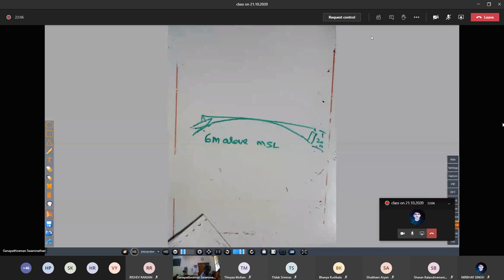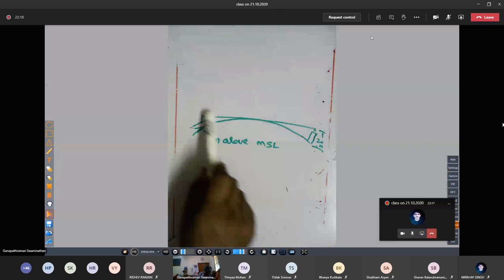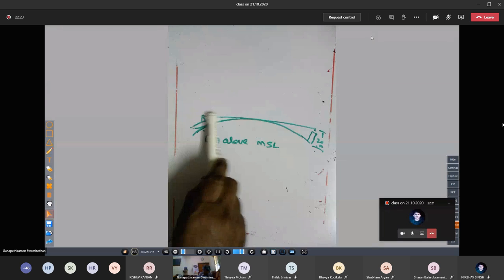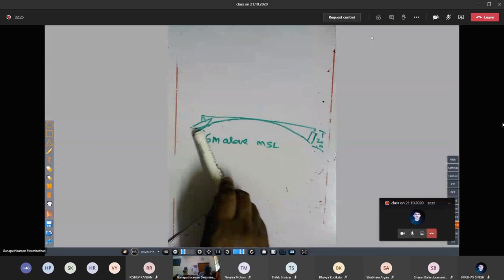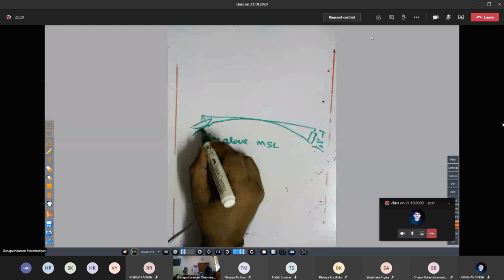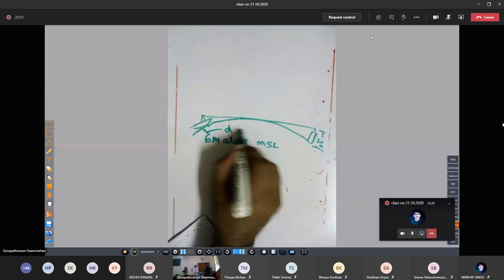The height of the light above mean sea level is about 20 meters. And the fellow on the ship is standing at 6 meters and is able to see because this is what is called the line of sight, the straight line I have drawn, and this is what is called the visible horizon. So what is the distance between this point and the visible horizon?